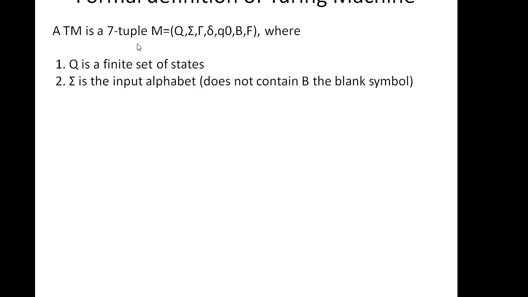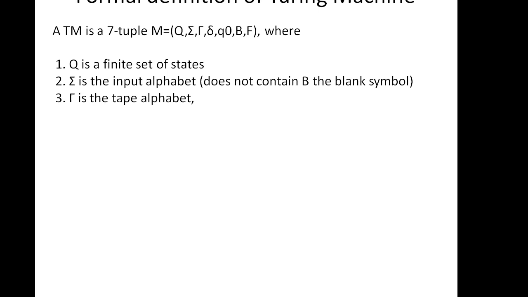So your first is your Q, that is the set of finite states, as it was in an FA or a PDA. Then there is an input symbol. Whatever the input string is, those contents are your input symbols. So say ABBA is your string. So A and B are your input symbols. Blank will never be a part of the input symbols, because for the input string you'll never give AB blank BA like that. So in the input alphabet, blank doesn't come.